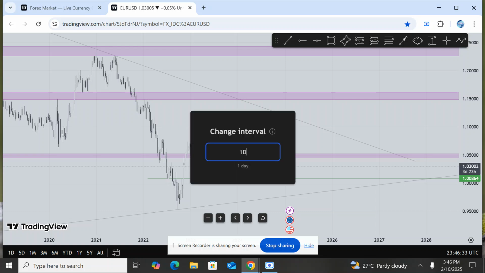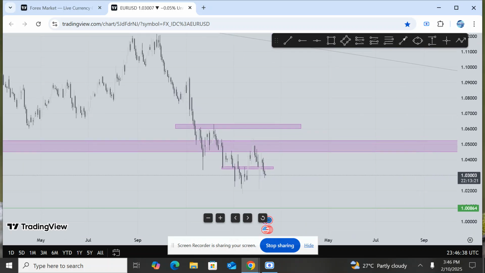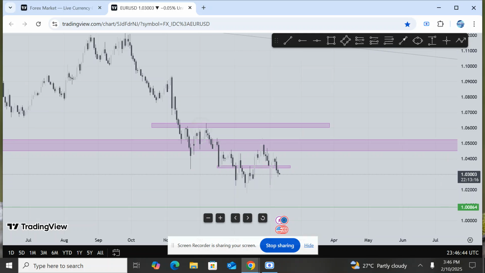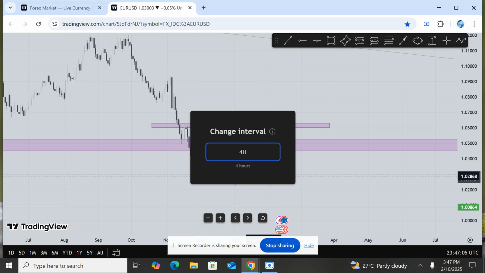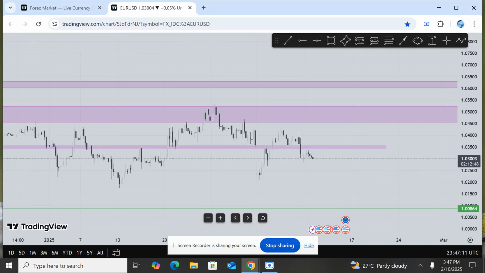Let's move over to the daily time frame and see what the market is doing. This is the support I was talking about at the higher time frame. The market dropped from the supply region, came down, made a minor test, came for a major pullback, and it's about to drop now. To position ourselves into this Euro USD trade, let's move over to the 4 hour time frame and see if there are possible opportunities for us to jump into this downward move of